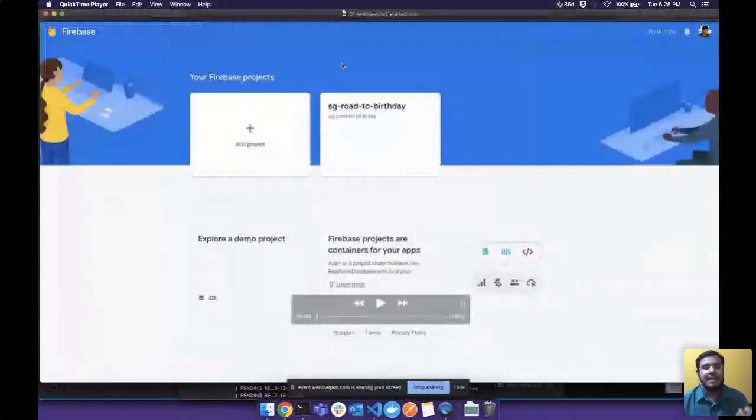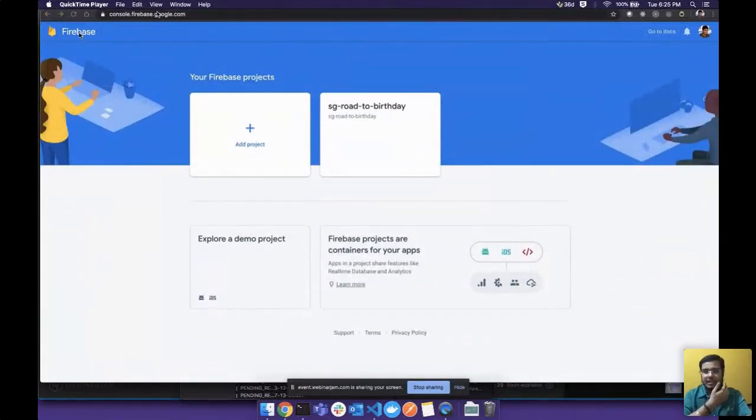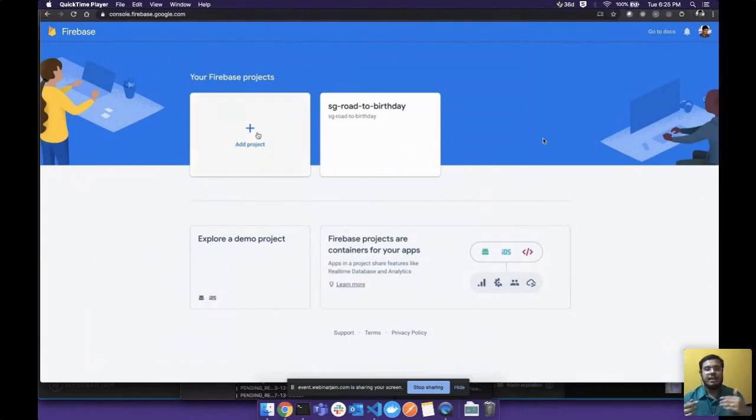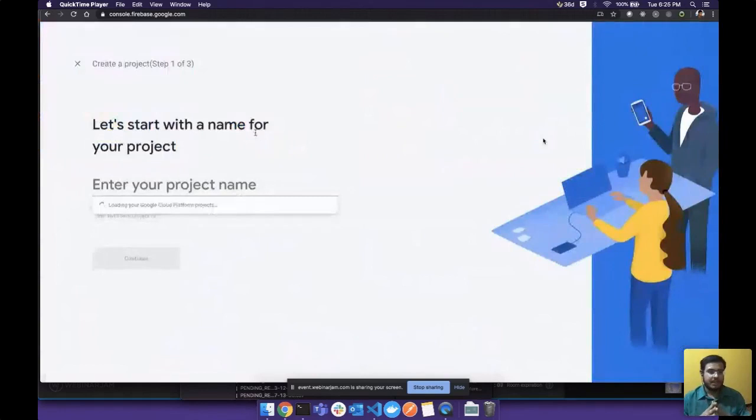As I said, we'll be using Firebase for our first level of deployment of the application. So you go to firebase.google.com and then you create a new project. These are all free to some level, so you can really get started right away. You log into your Google account if you have not logged in. Right now I have already logged in, as you see here. Then you create a new project. I have a couple of projects of my own as well.